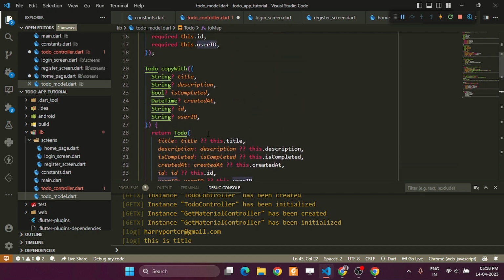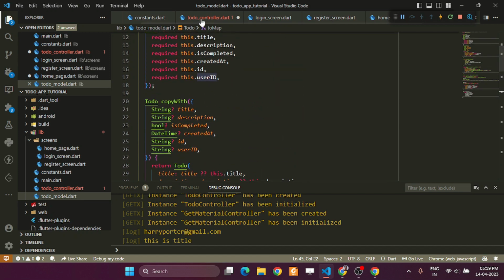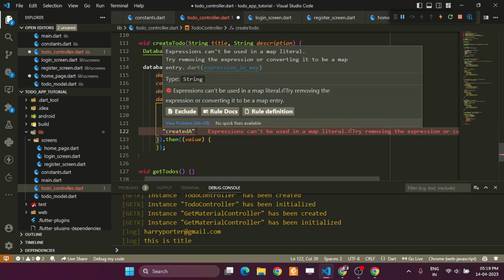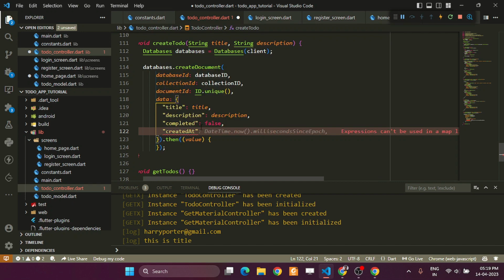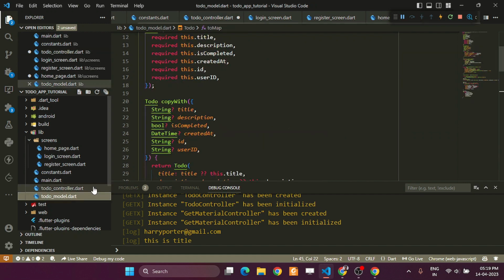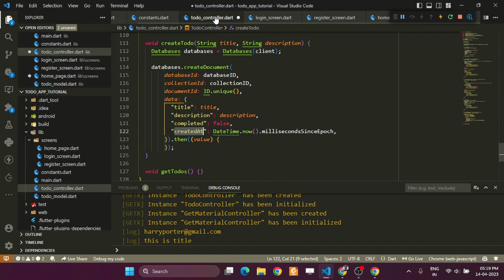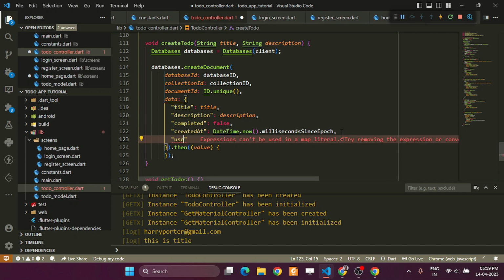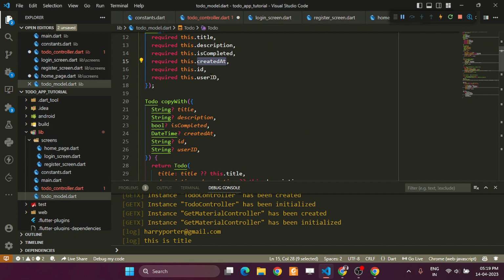So let it be like this only for now. Created at, let's check it once more that it is correct or not. Created at, and to do controller created at, and another thing is that user ID. Let's check it. Yeah, user ID,